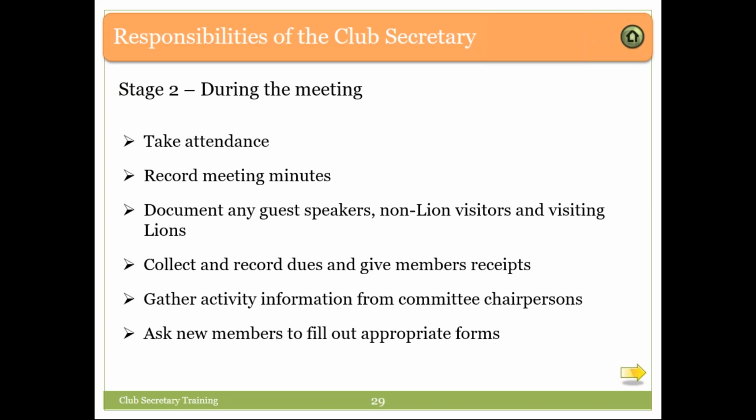Gather activity information from committee chairpersons. That's a duty that doesn't often happen. It should happen. You should have some of your vice presidents ramrodding and helping you on that job. Ask new members to fill out appropriate forms.